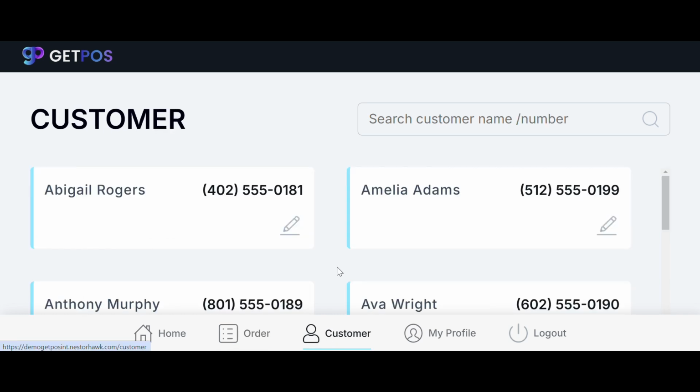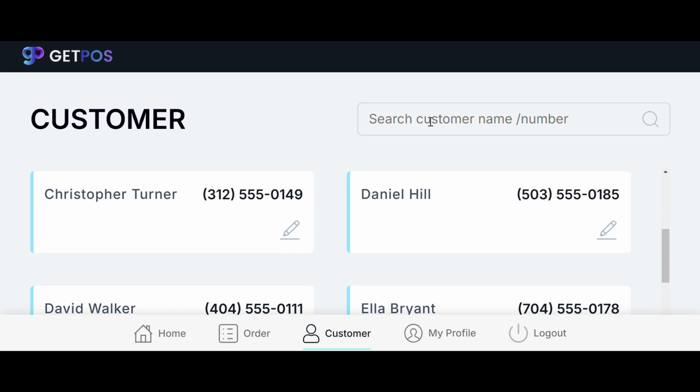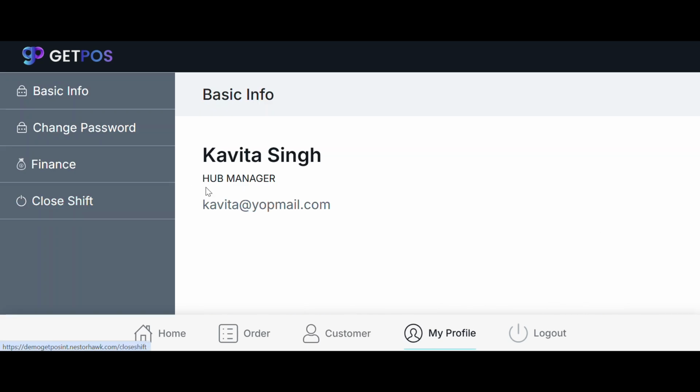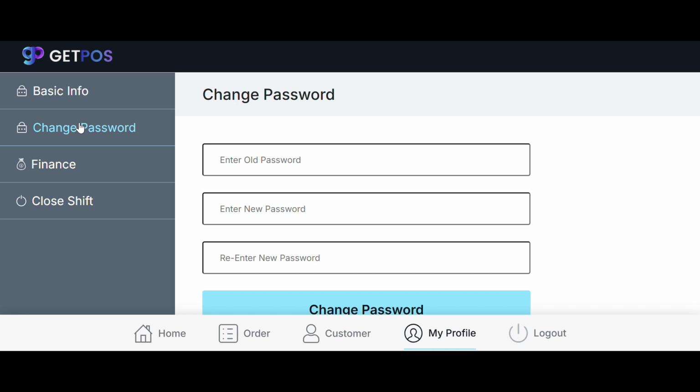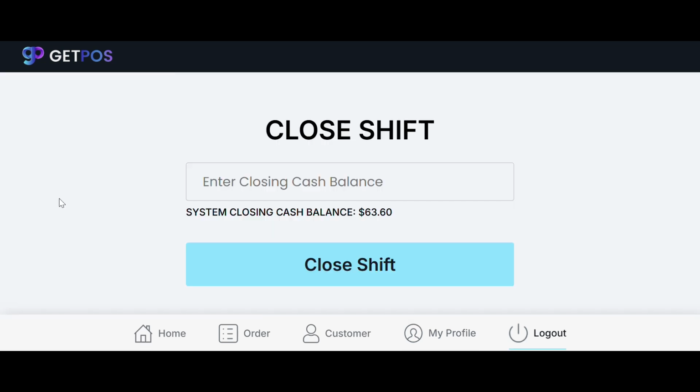So under the customer, you can see all the customers, and you can search them with their number or name. Under the profile section, you can see the details of the cashier. Under the change password, you can change your password. Under the finances, you can see the cash balance, and on the closing shift, you can simply go ahead and